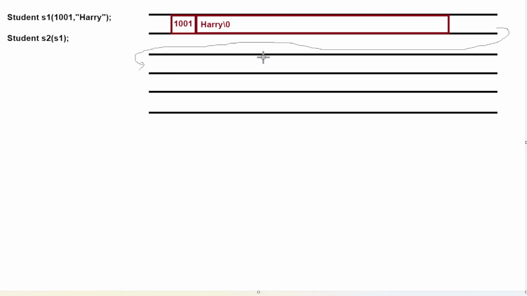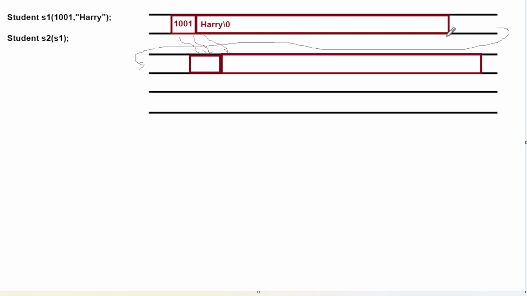So it is going to be something like this. Suppose it gets a space here, so the space to store ID and another memory space for 64 byte characters. First it will allocate a space and it will initialize data. That means this will initialize the data copying from this place. So what happens here is it should copy all these bits from this place to this place, and it will copy all these bits